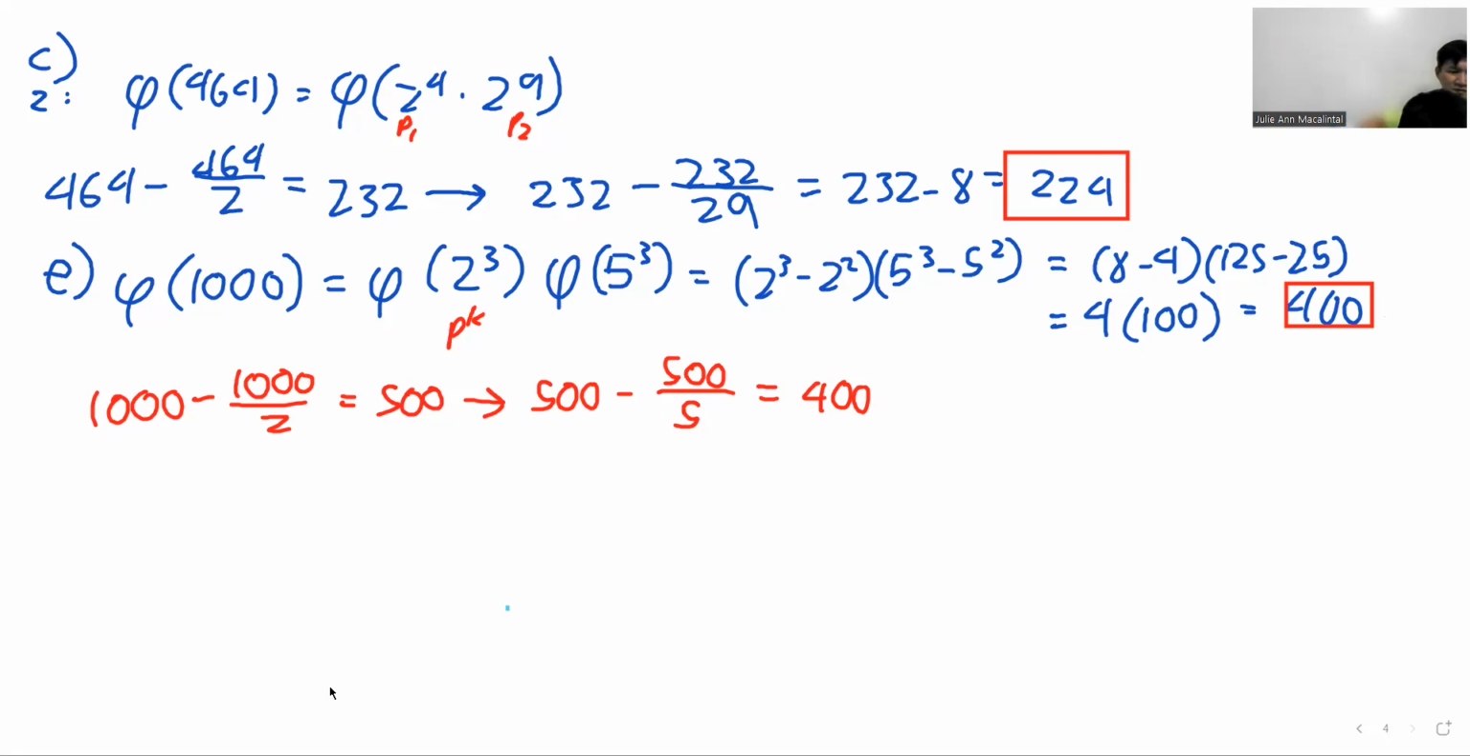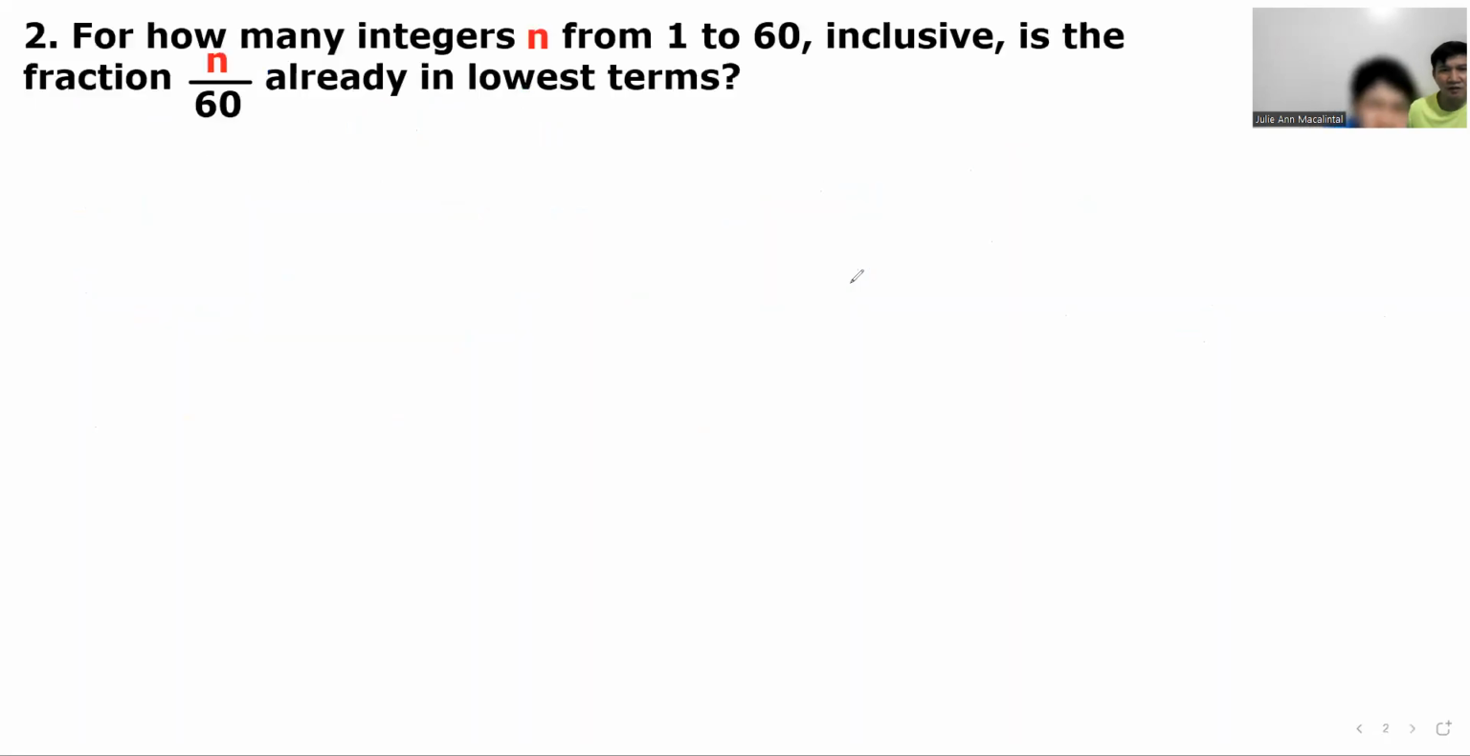So now we can see why in the end 2 is eventually a multiple of 100. Okay, so let's go back to question number 2. Can you remove the controls? Yes. Okay. For how many integers from 1 to 60 inclusive is the fraction n over 60 already in lowest